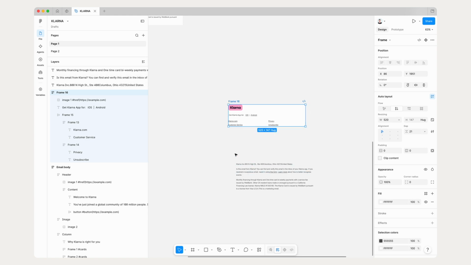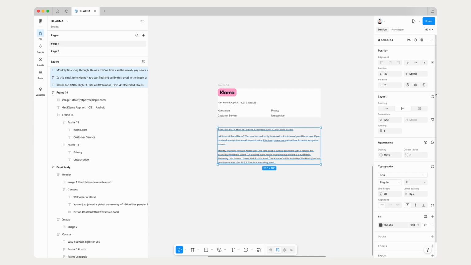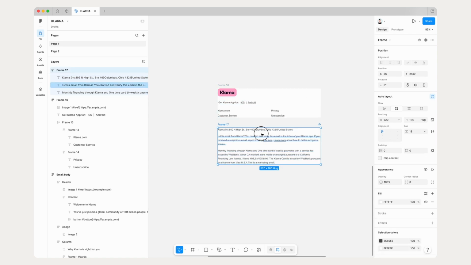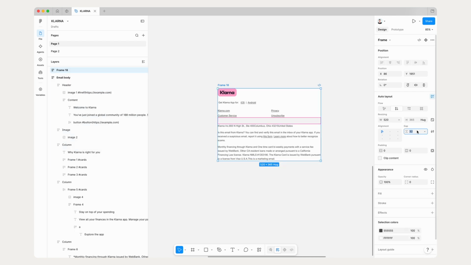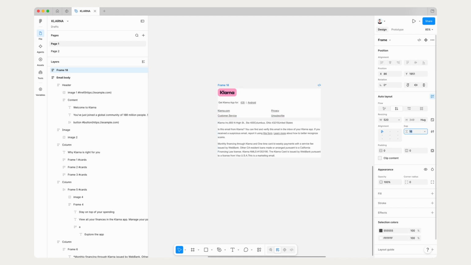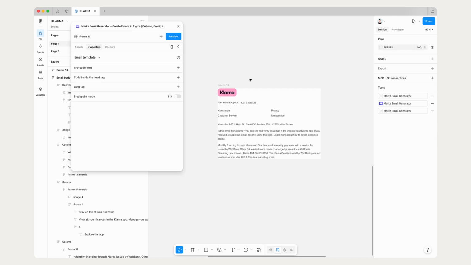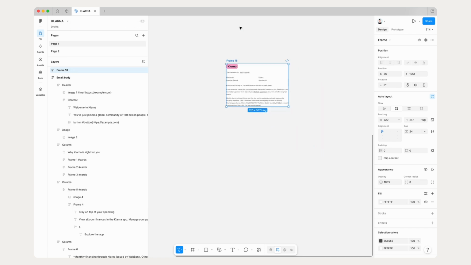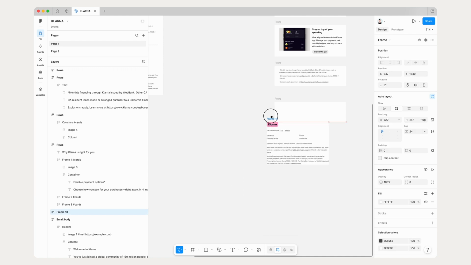Next, do the same things for the text, all the text things. Wrap into auto layout frame, check fill and hug, then add background color, then wrap it into one footer. To do so, select both of them, click on the icon, update some spacing between, add background color, and click on the preview. So let's wrap it into our original frame